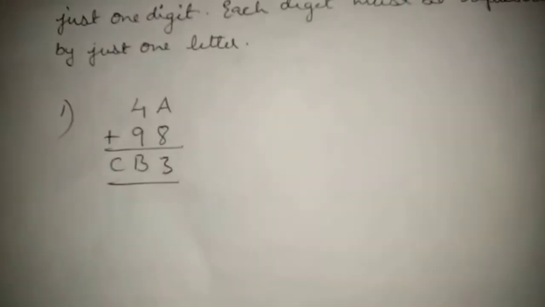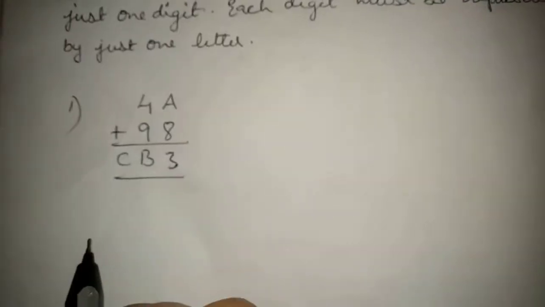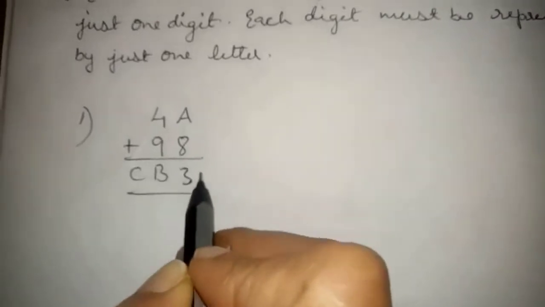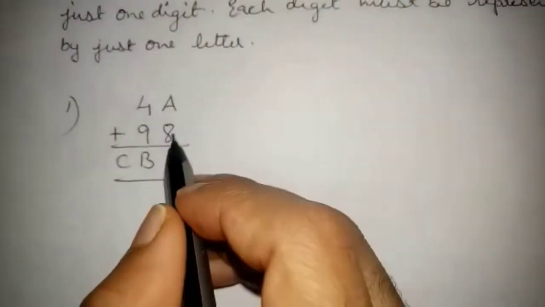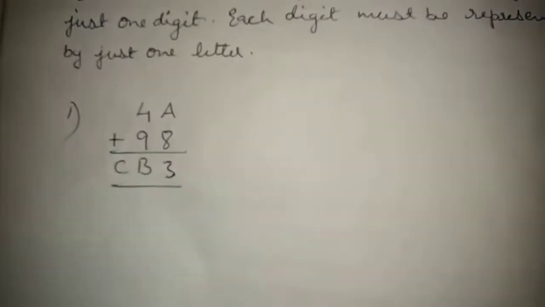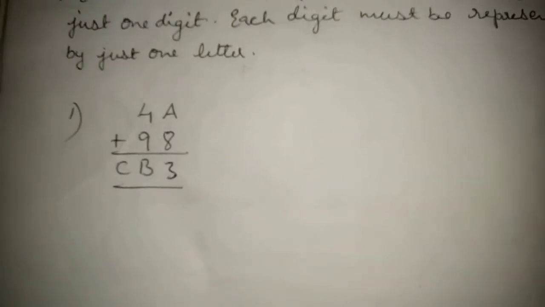So it is not actually 3. So it will be a 2-digit number. When you get a 2-digit number while adding, what will you do? You will write the right hand side digit in the ones place, and the left hand side digit in the carry. You will do the carry. So let us guess that this number is 13. So when you add a plus 8 you should get 13. So now you assume what is the value for a. So what will it be? a plus 8 is 13.